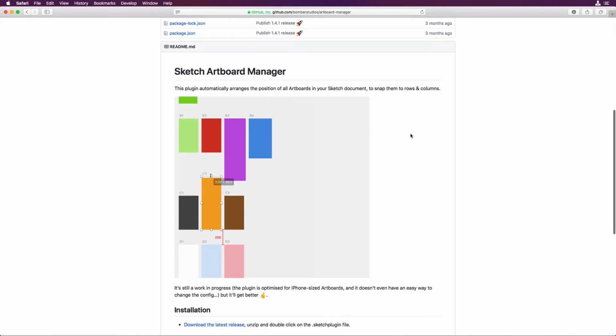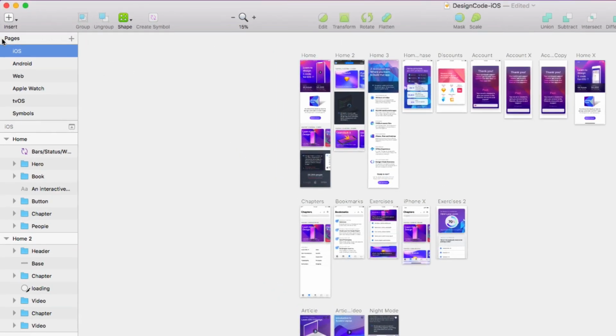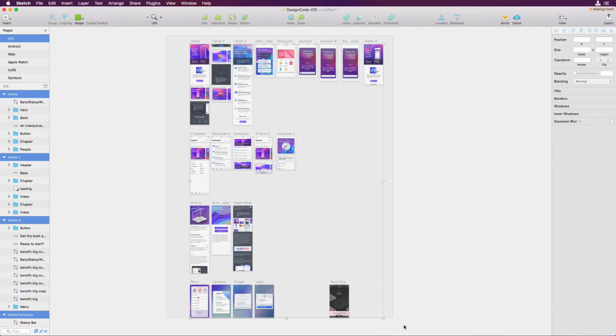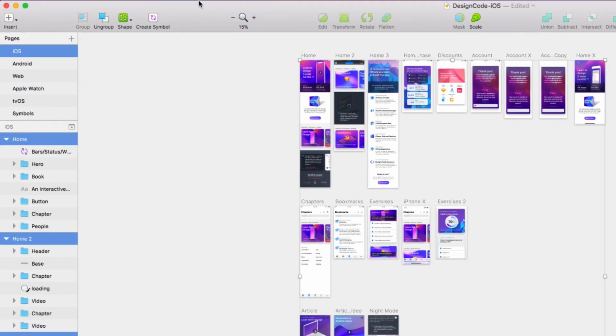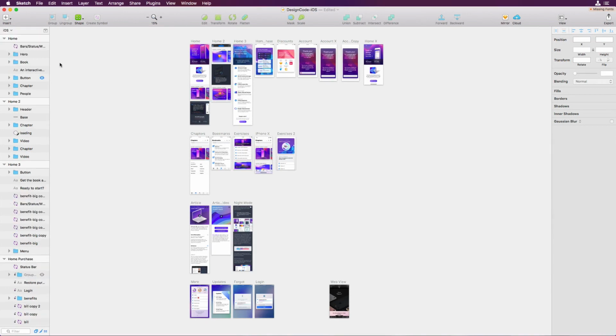Let me introduce you to Pages. Each page represents a platform or a completely different resolution. For most projects, you'll have 20-something artboards for a platform like iOS. Then, you'd create another page for Android, web, Apple Watch, tvOS, and so on. That way, you can have an entire project within a single Sketch file, saving you a ton of time switching